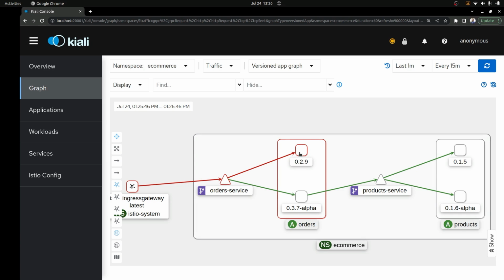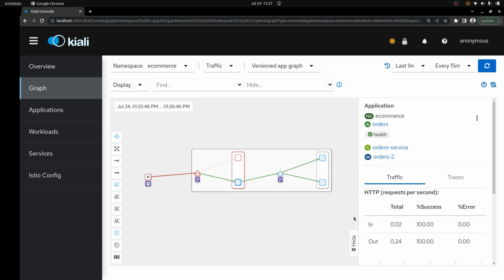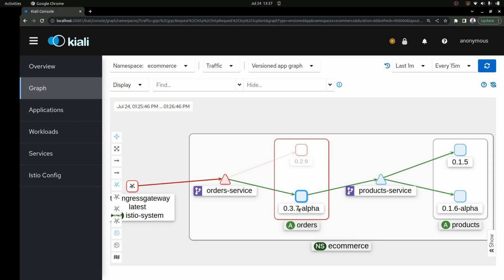And we have a dead end over here because this is the replica that doesn't support this endpoint. So we had complete failures over there. Whereas this replica, orders 2, if I just click on that just so you can see, this is orders 2 over here. This one does support the endpoint, which is why we have that represented by the success or the green line, and it's able to communicate with the product service, which in turn distributes traffic between the two different